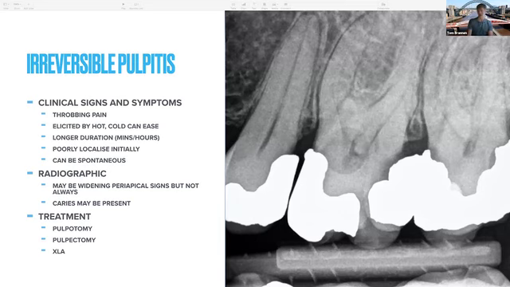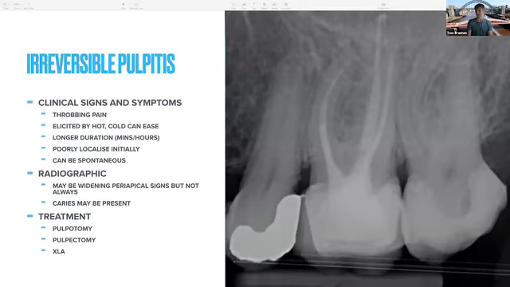So I'll probably have done an access at the time because he presented for an emergency appointment, as opposed to being pain-free, but over 2 visits we'll have cleaned it out, completed the root filling, core, and placed a temporary crown over it in this case, so then it can go back to its referring dentist, because it's already quite a heavily filled tooth, and when I'm taking things on referral, I want to make sure I'm sending things back